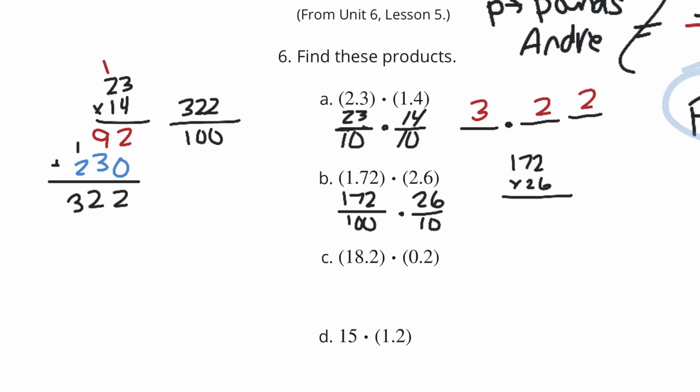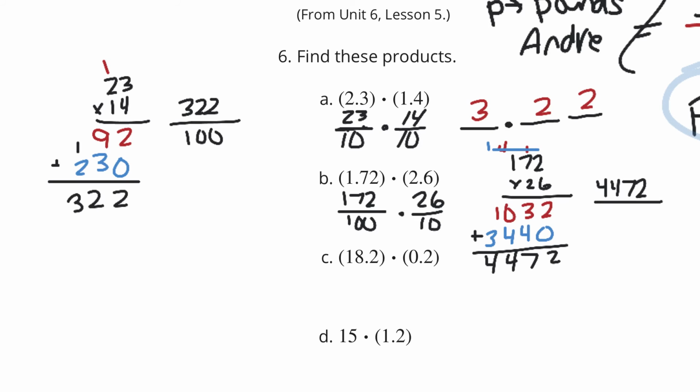2 times 6 is 12. 6 times 7 is 42 plus the 1 is 43. 6 times 1 is 6 plus the 4 is 10. Move over to the 2 in our tens place now. 2 times 2 is 4. 2 times 7 is 14. 2 times 1 is 2 plus the 1 is 3. And so now as I add these up, 2, 7, 4, 4, we essentially have